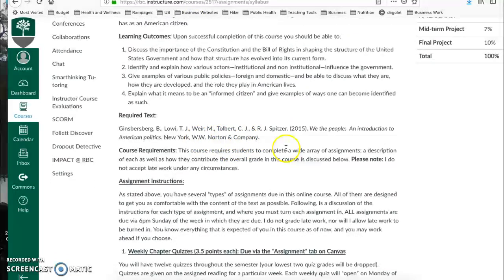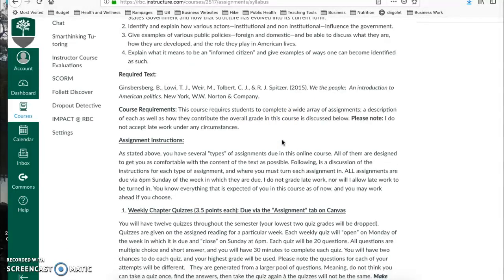Here's the textbook that you will need. There are a couple of newer textbooks available, but this is the older one, 2015, the Essentials Edition. The Richard Bland Bookstore does have this text, and it should be rather reasonable. If you have any problems getting this text, or you're getting it late, let me know via email. There are assignments that you need this text for every week. So if you don't have it or are getting it late, email me instead of getting zeros. This is important. Go on and get this text. Email me if you have issues getting it. Please do not be afraid to do that.